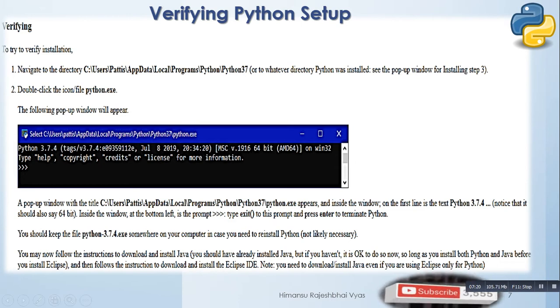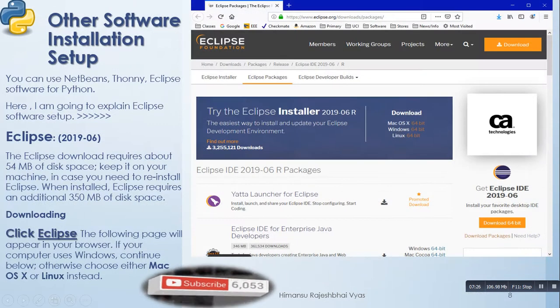Other software installation setup. It means now we are going to install Eclipse software. Students who are new to Python, first year students, or those who are beginners,